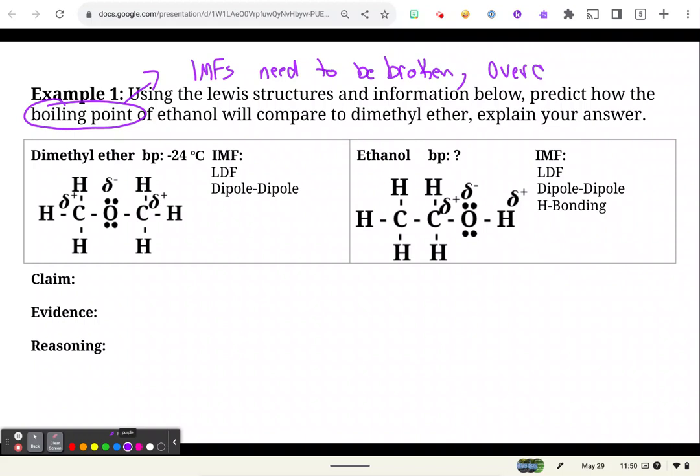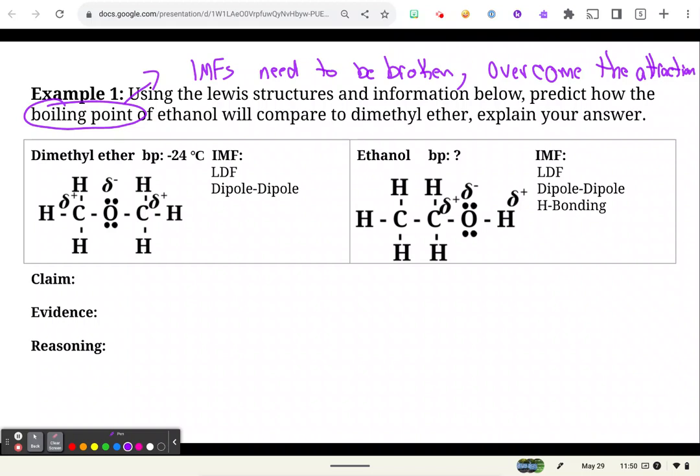Or they're not necessarily you, but the particles. So they're stuck together. Kind of think about magnets. The best way I can tell you to think about particles is like magnets. The stronger the intermolecular forces, the stronger the magnets. So when they're stuck together, that's a liquid or a solid, and then in order to become a gas, they